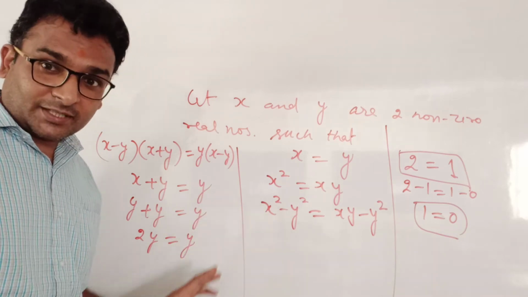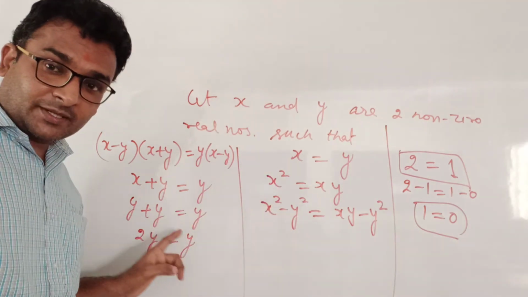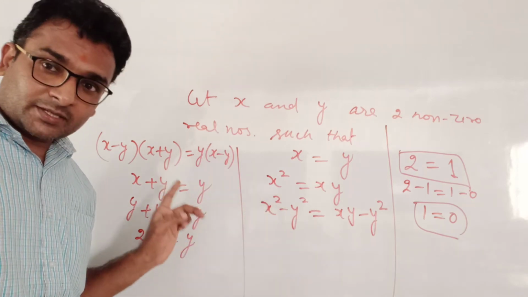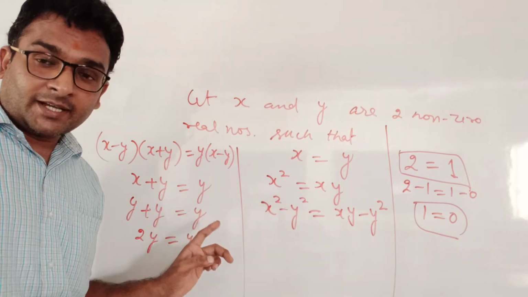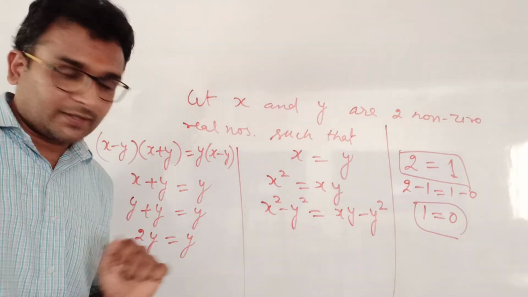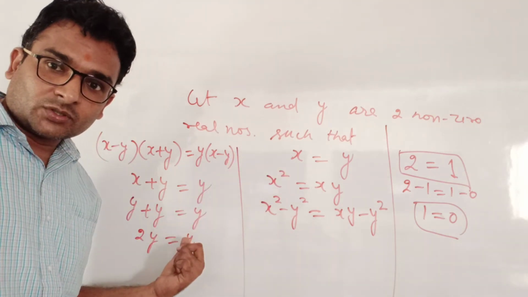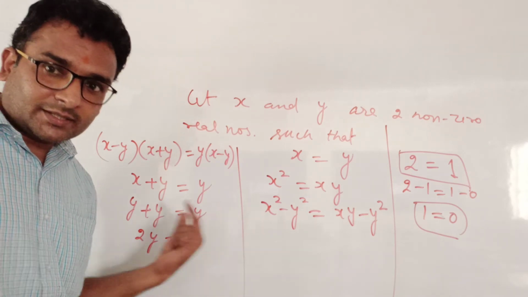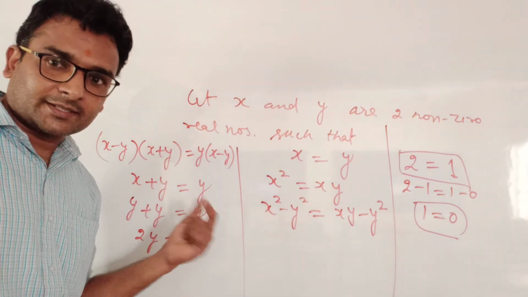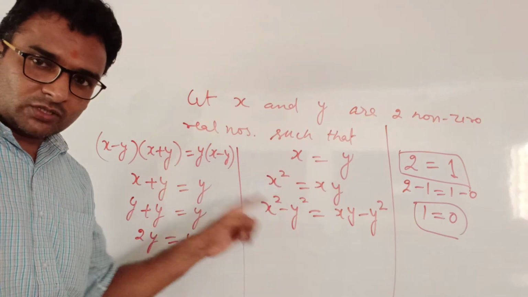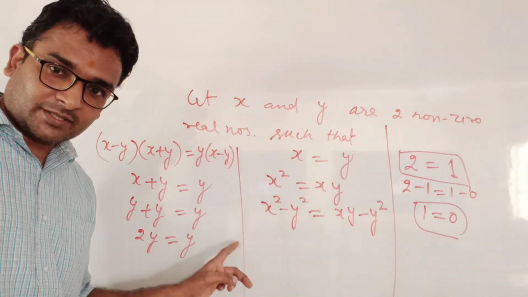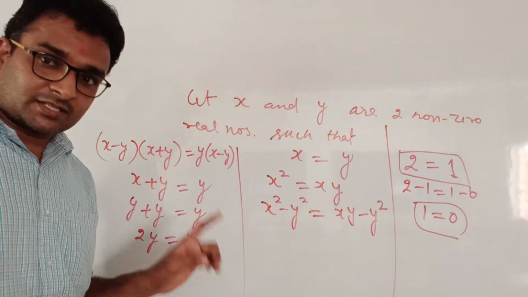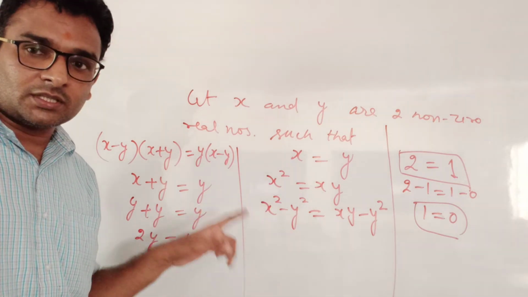But still, let me tell you, there is a mathematical rule broken. One mathematical rule is broken, and that is what you need to identify. What rule are we not following properly? What are the things which we made incorrect here? But if you look at all the steps as per the mathematics, you will find they are okay, they are perfect, they are correct. But still we broke a rule.